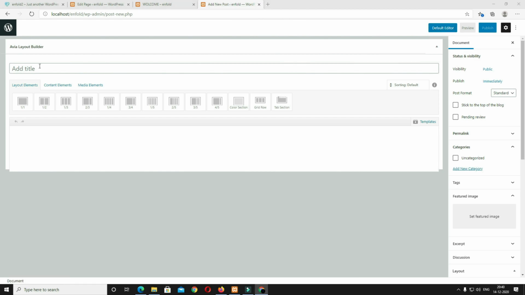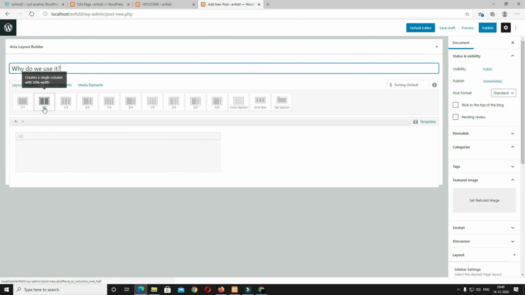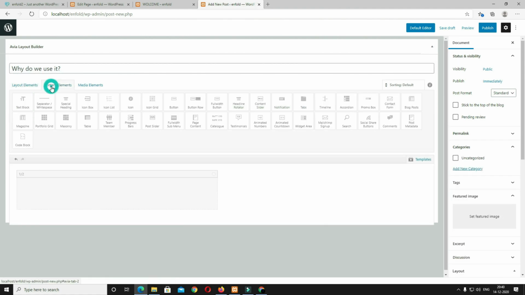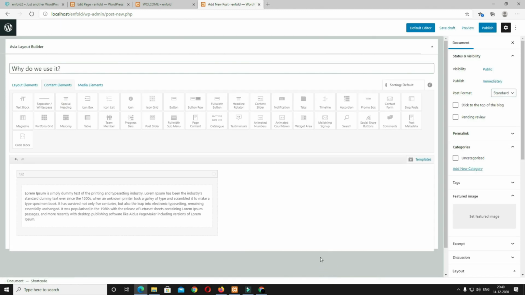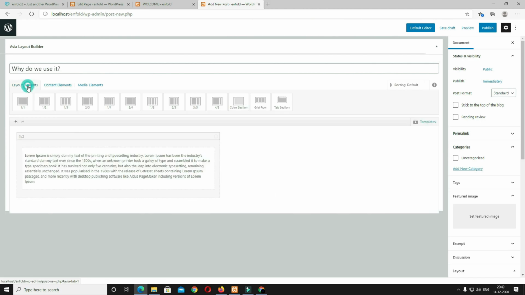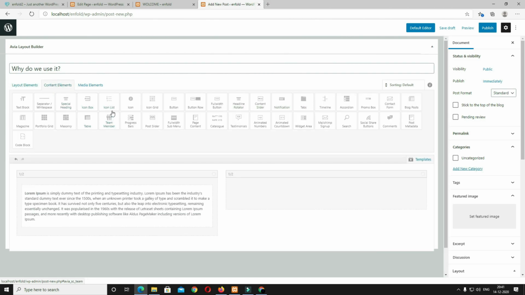So for that, after clicking on the advanced layout editor, you have to give the title here, and whatever the layout option, suppose I am taking this one 1/2, I am choosing this option, and here I am taking a text block. So let me write something here. After that, click on the save option, and suppose I am taking another image box here. So I can come back here, taking another 1/2 option, and suppose I am taking a single image.